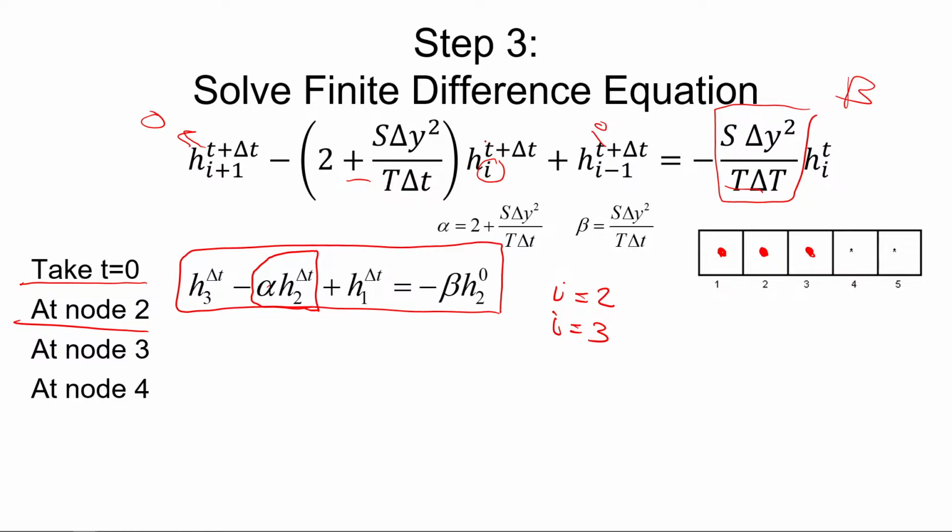So here, let me just write it down. At I equal to 3, I will get here I plus 1. So that would be h over 4 delta h minus alpha. This alpha I is equal to 3. So that is 3 delta h plus here I minus 1. So that is h delta t, and I minus 1. So I is equal to 2. That's 2 is equal to negative beta, and then h here t is equal to 0, so h to the 0, and then I to the power of